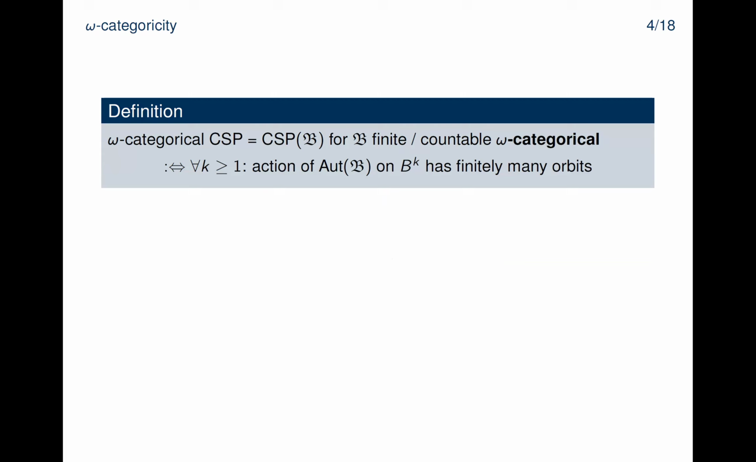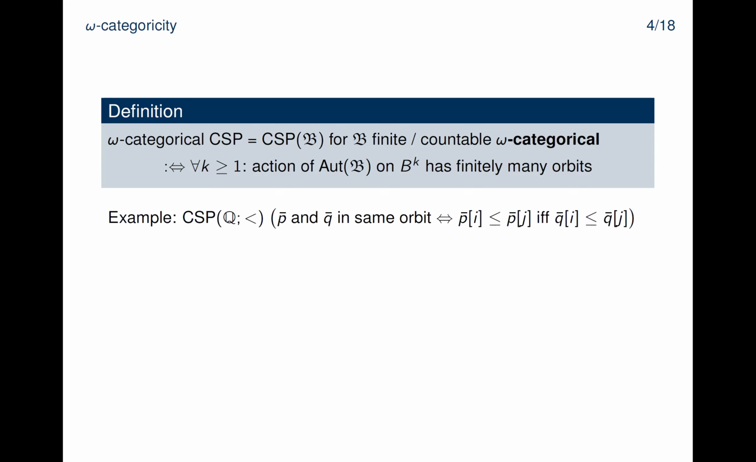And the definition I want to give here is that for every k, the action of the automorphism group of the structure on the kth power of the domain of the structure should only have finitely many orbits, right? So the structure is not necessarily finite. It can have a countable domain, but it is somehow approximately finite in that there are not infinitely many orbits. And the canonical example of an omega-categorical CSP would be the CSP of the ordered rational